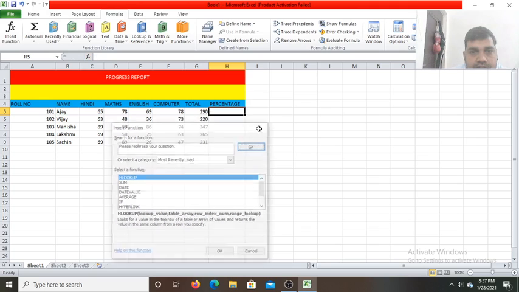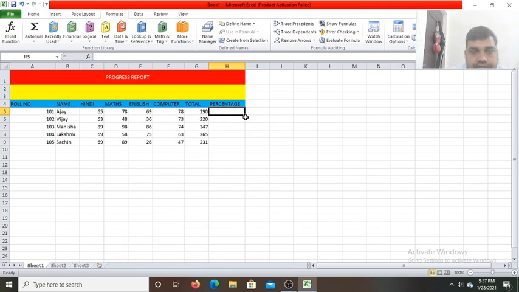Okay, leave it. So here we write the equals sign, and how do we calculate the percentage? First we need the sum, which is present in cell G5. So click on this G5, and we have to divide this by the total marks. So we use the division symbol, this one. Out of what? 4 subjects are there, so you type 400: G5 divided by 400.